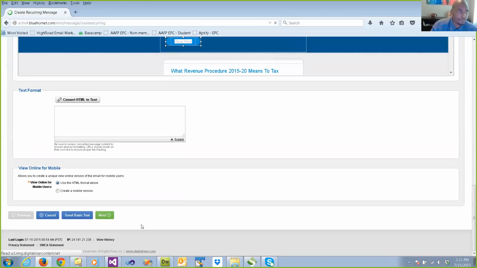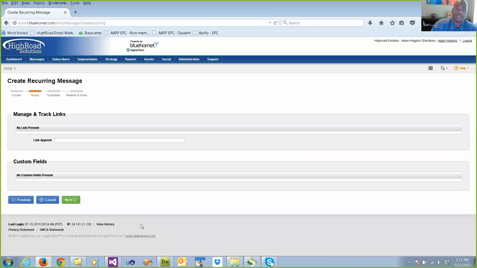And the next step is basically tracking all of the links within the message. That's also a cool feature to this, is that when you're sending out this new member campaign, you'll actually know who downloaded those materials that you sent out to your members and who actually opened up those messages. So that's the cool piece to this as well, is that you get some analytics behind this too. All right, I don't have any links present in my template, so I'm just going to continue